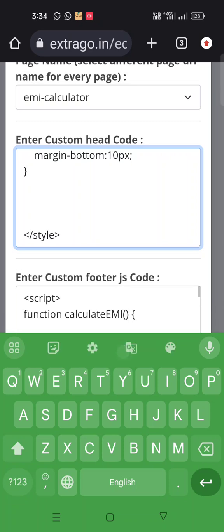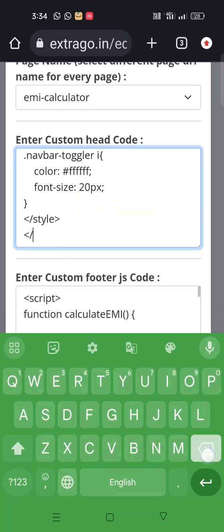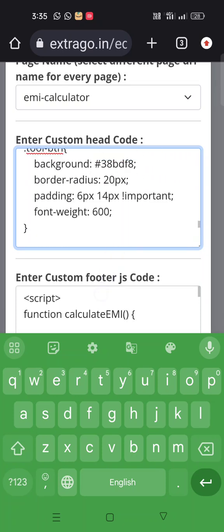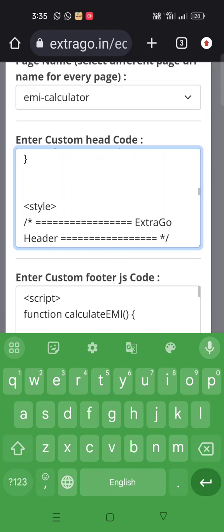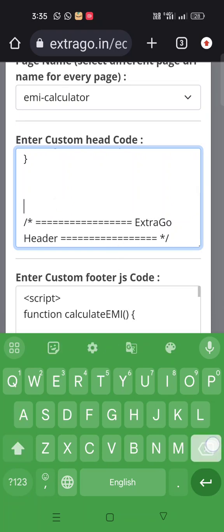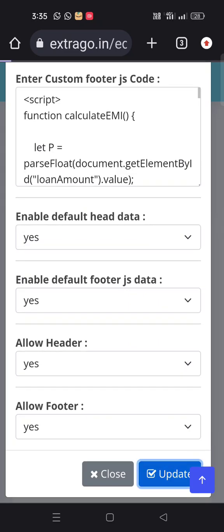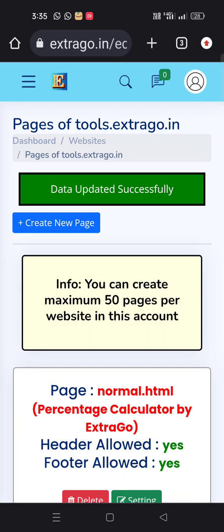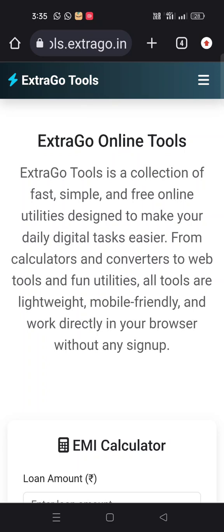Okay, update it. Okay, let's check the output. Yes, it's working fine now. No need, not any issue. Here you go, everything is working fine now.